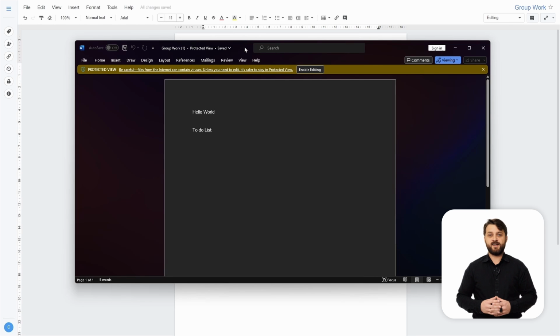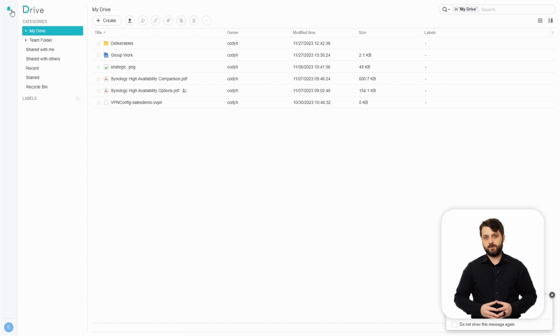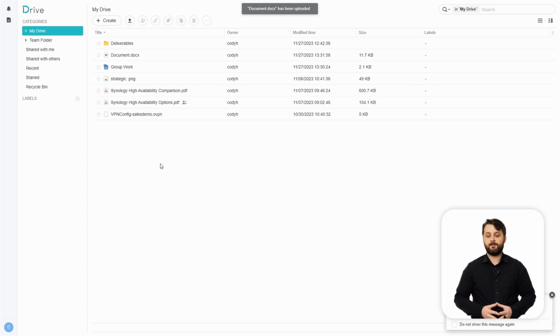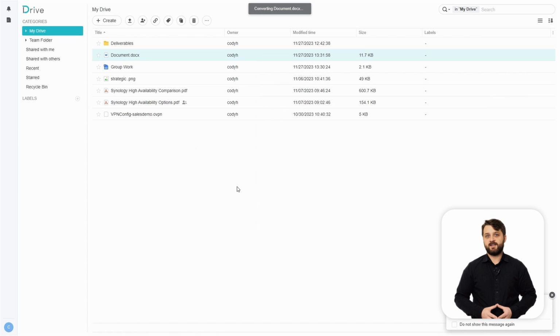Now that that's all done and we've downloaded and converted that document, let's see what it looks like whenever you convert a Microsoft Office document into a Synology Office document. So back on our main Synology Drive screen here, what we're going to do is actually upload a file once again, specifically a Microsoft Office file. So we're going to go to Upload Files here once again and select this document here. Once that's all done, you'll be able to see it in the Synology Drive environment, and you can right-click it and convert to a Synology Office file here. And you'll see a Synology Office version of this file, and you can immediately jump in and begin editing it as you see here.